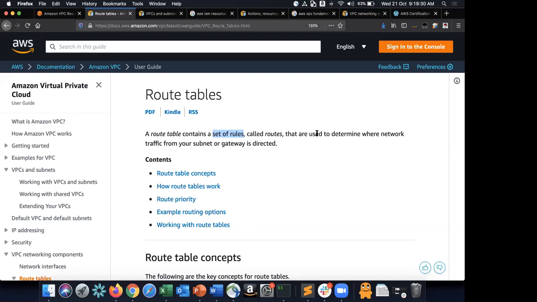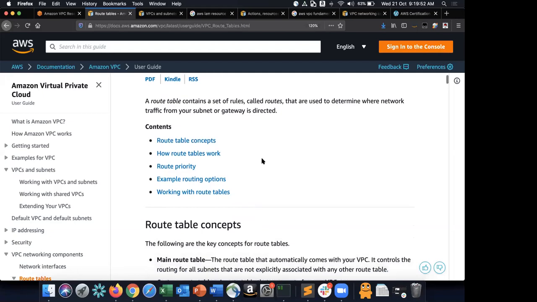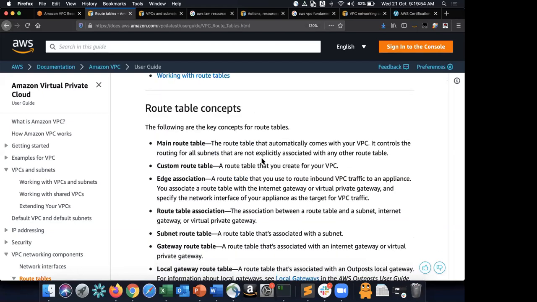So that's where you have your traffic which is going from one place to another place, or from one source to another destination, being redirected, or diverted or directed, I would say. It's very simple. Don't get too overwhelmed with this. Once you do some lab exercises, you should be able to get more understanding of it. So these are all the key concepts